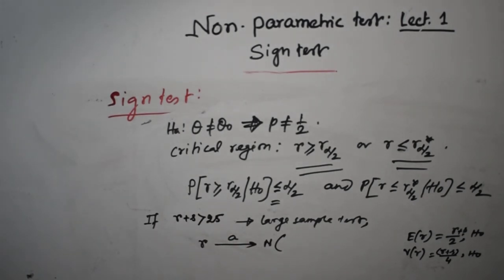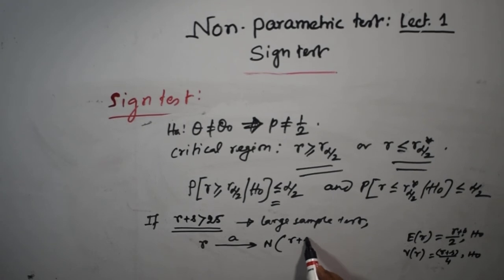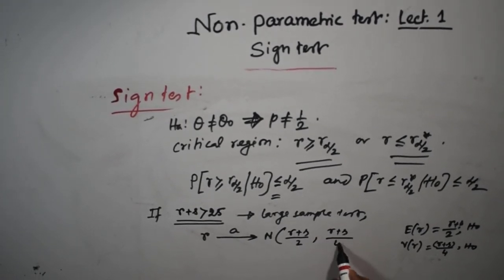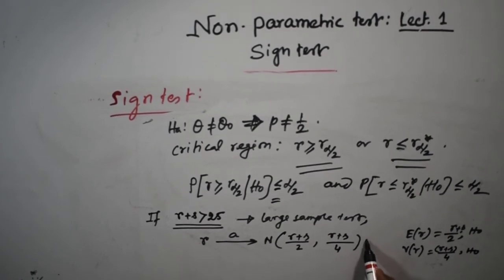Some authors consider exactly 25, or some consider greater than 25. So under this condition, R is asymptotically normal with mean (R plus S) by 2 and variance (R plus S) by 4